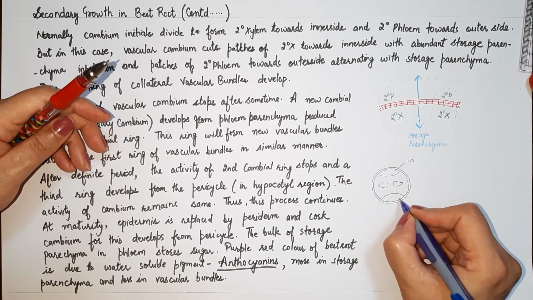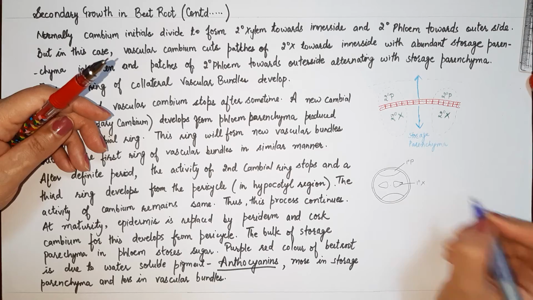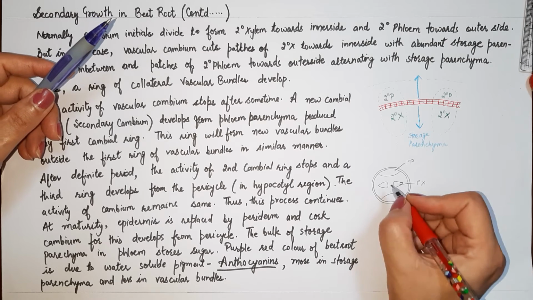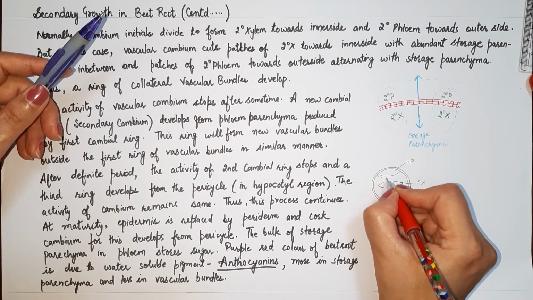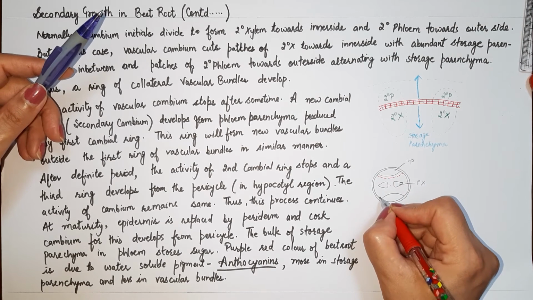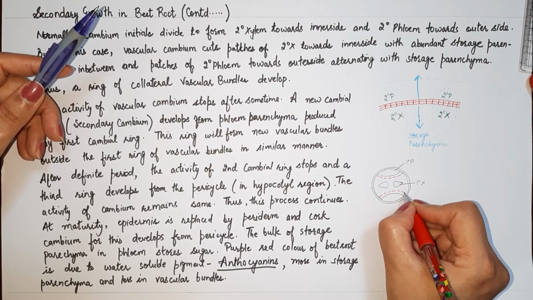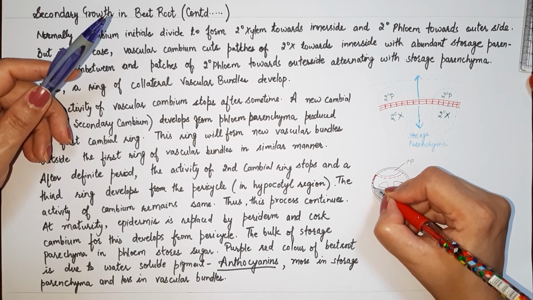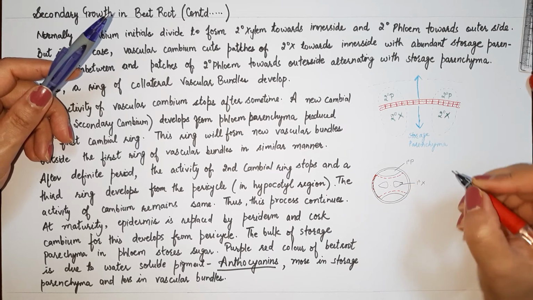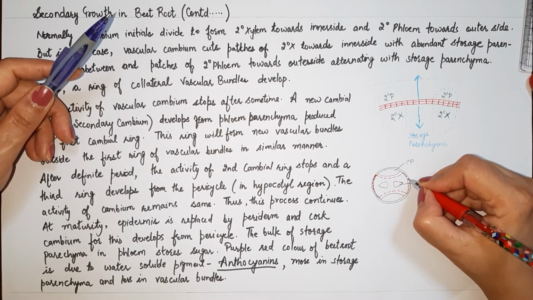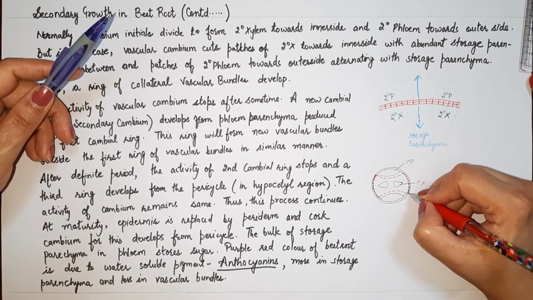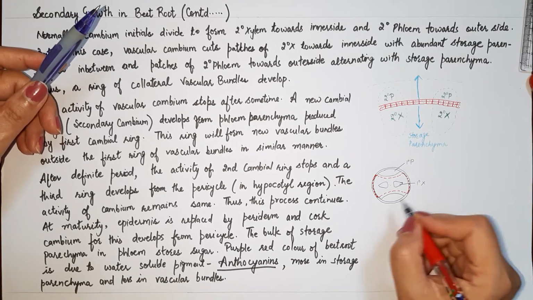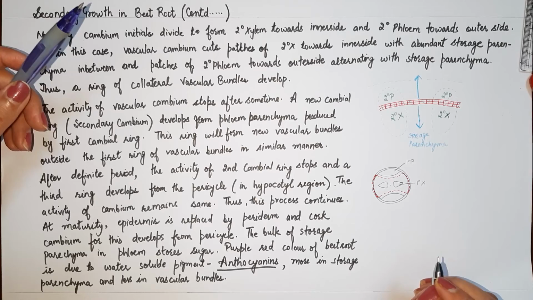Primary phloem, primary xylem. So, the first step will be normal, that is the development of vascular cambium from conjunctive parenchyma, the region in between xylem and phloem, and pericycle, the region opposite to protoxylem. You can draw it in between the lines so that it is visible. So, this is the formation of the vascular cambium, the first step.